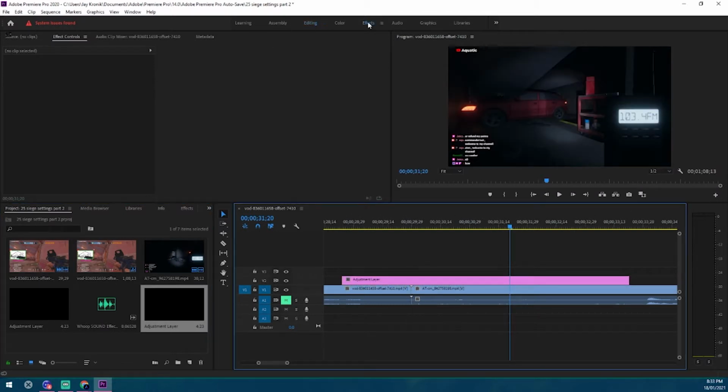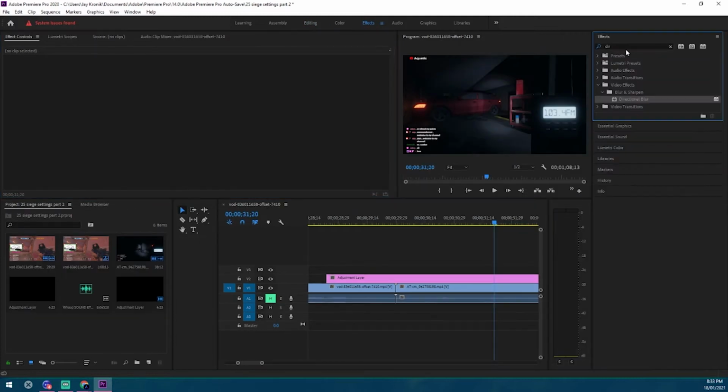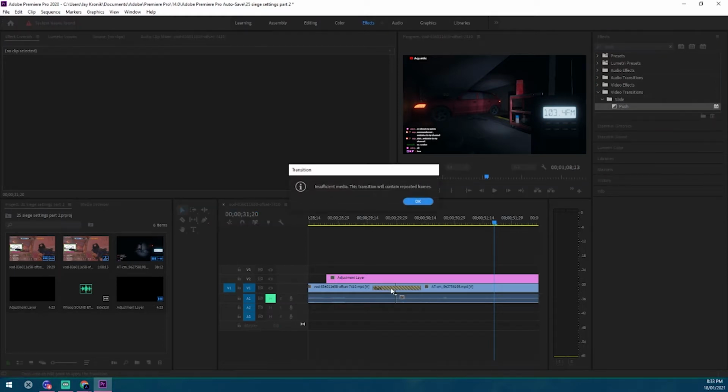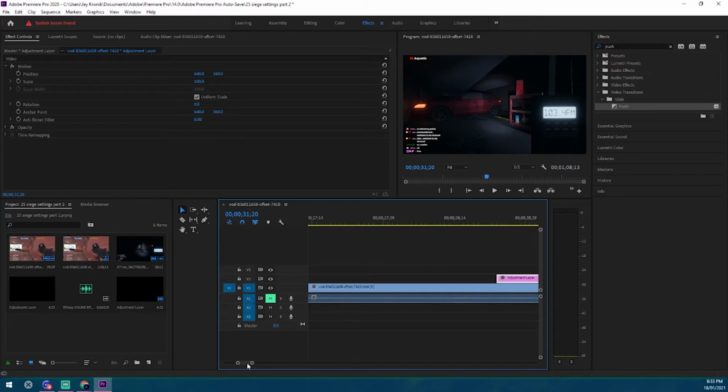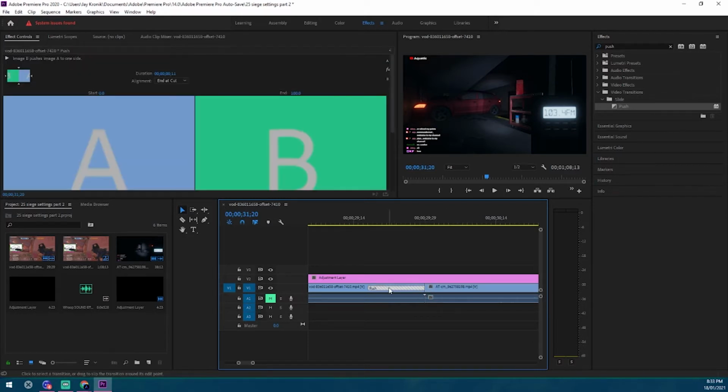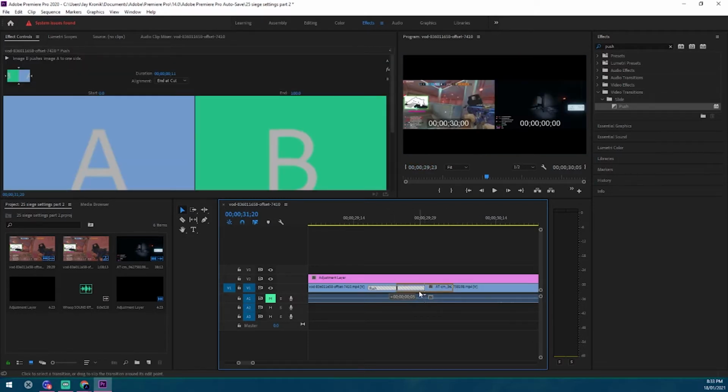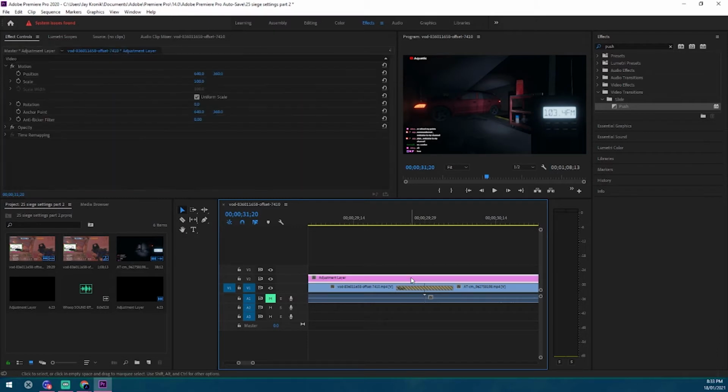Go on to effects, and then just search push. Now this is going to be your video transition, and you want to put it right in the dead center between both of your clips. That's only just for me. Don't worry about that. That shouldn't pop up for you. But I want to make it around 11 frames long. So I'm just going to drag this down to 11, slap it in the middle,